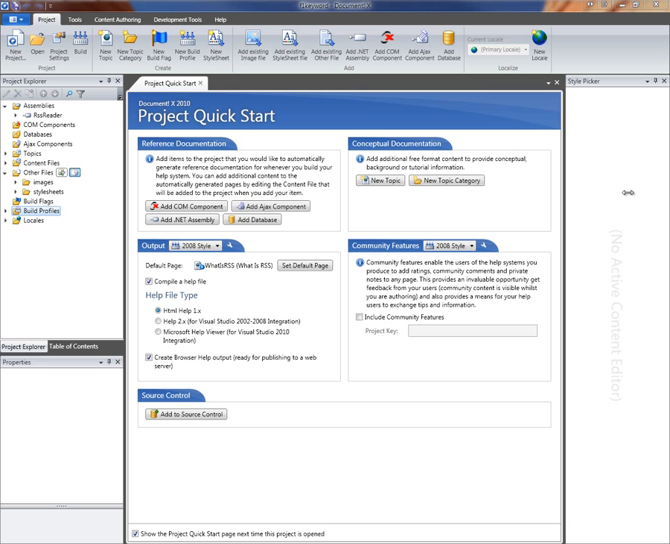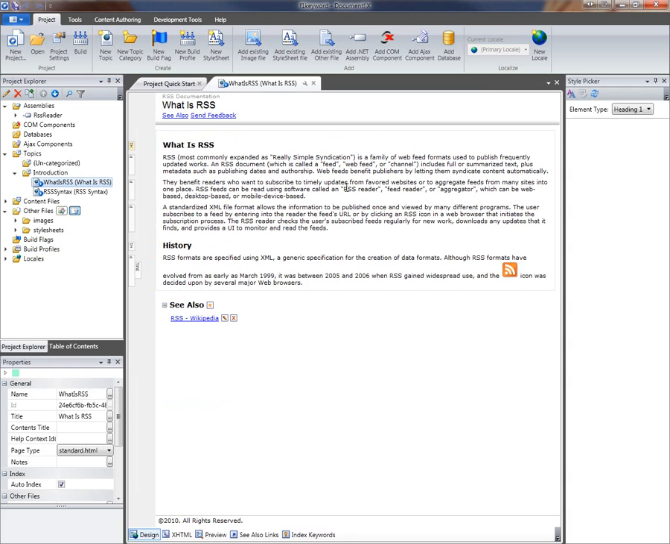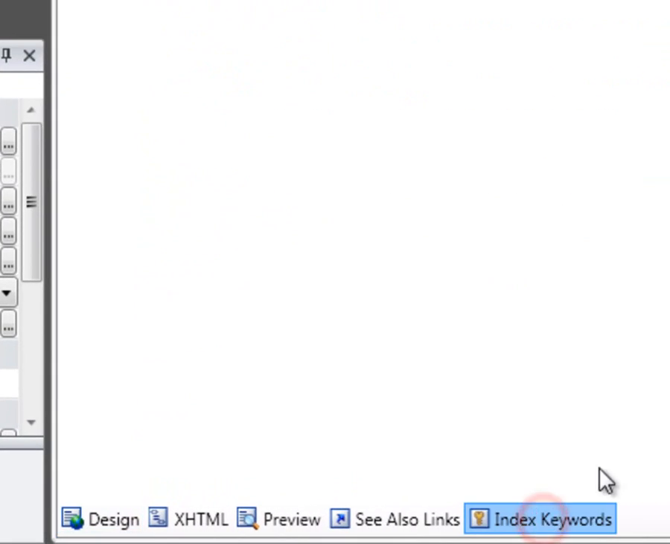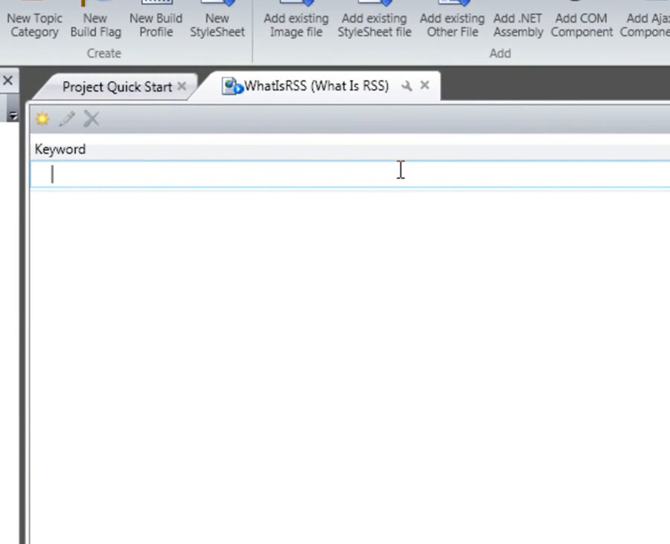So the first thing I'm going to do in the .NET sample project that I've got open here is to choose my start topic, the topic I actually want to open my content at. So I'm just going to choose the first topic on the Project Explorer here and open it up for edit. Now if I switch to the index keywords view, the first thing I'm going to do in this topic is to add a custom F1 keyword that I can use to address this topic in my shortcut link that I'm